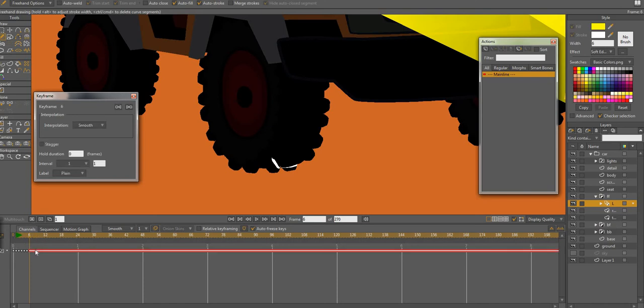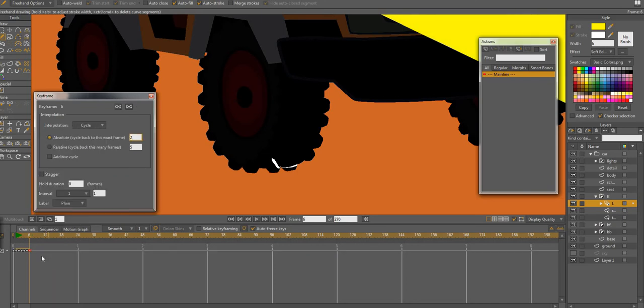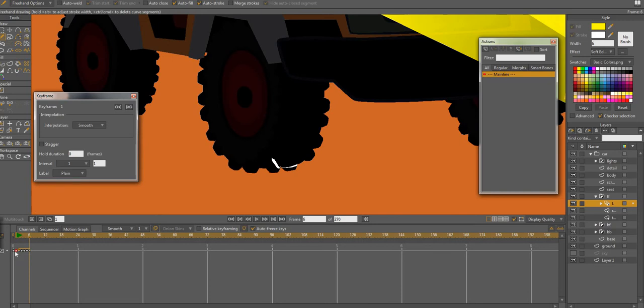You click on this and you cycle that to 2, and then this one you can put it on linear. The first one, put it on linear. Okay, you already have a wheel moving. Alright,